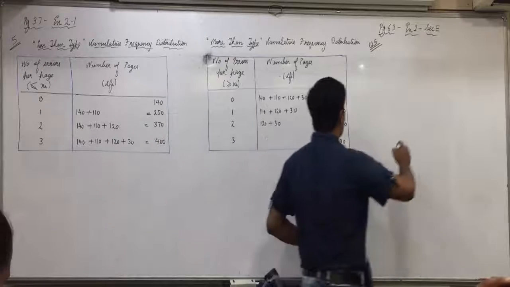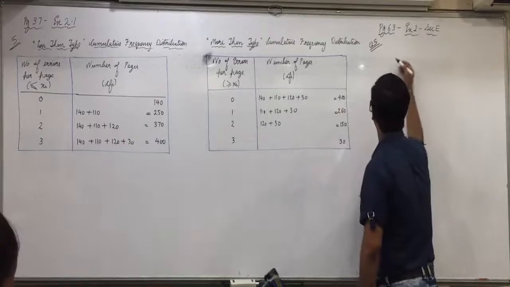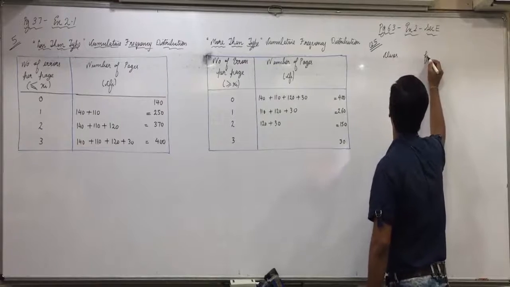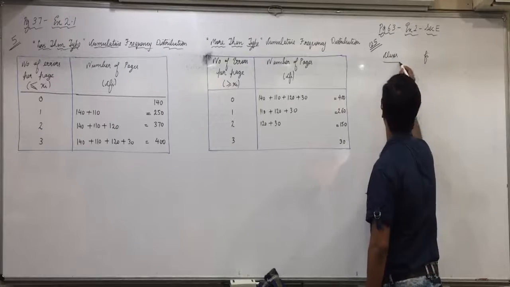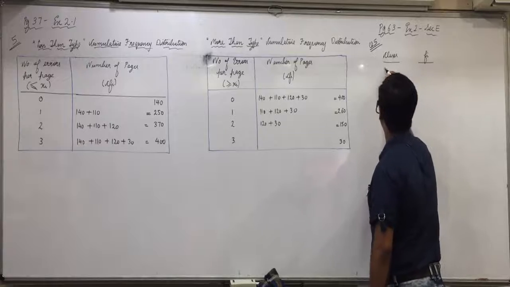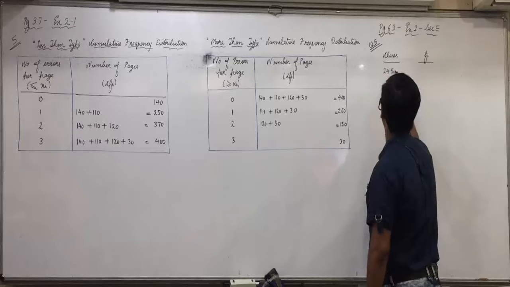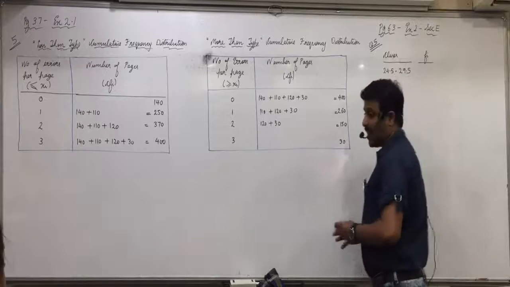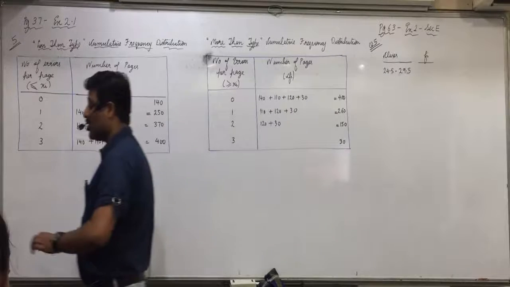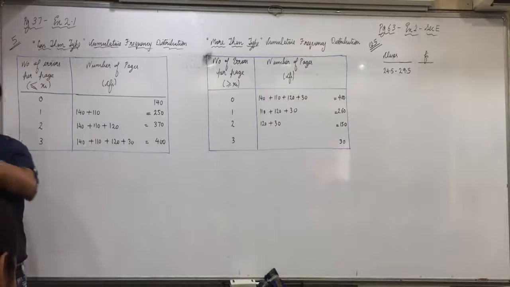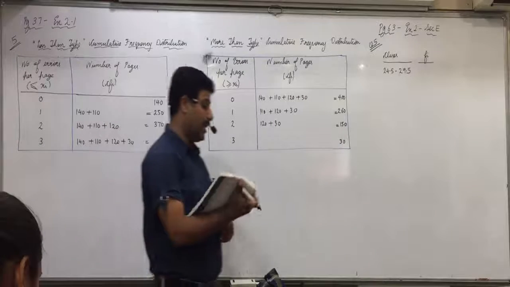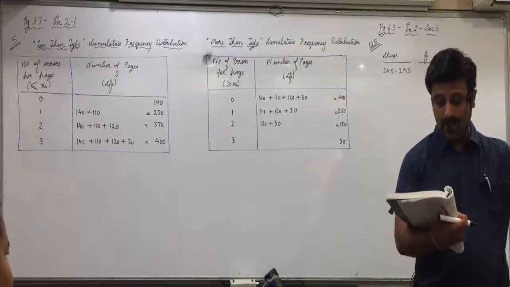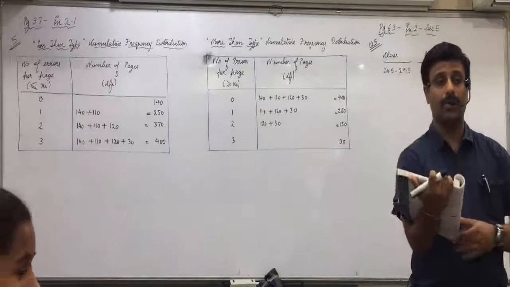Okay, now what are the two columns? First column classes and second column frequency. Instead of 25 to 29, we'll write 24.5 to 29.5. Now before I proceed further, raise your hand who is not clear with 24.5 or 29.5. Very good. Stand up those who are not clear. Don't worry, just stand up.